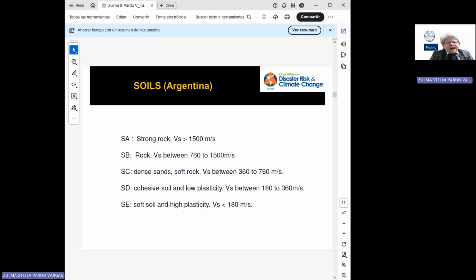The third class is SC, dense sand or soft rocks, with wave velocity between 360 to 760 meters per second. The fourth typology is SD, cohesive soil and low plasticity, with wave speed between 180 to 360 meters per second. Finally, SE, soft soil and high plasticity, with wave speed less than 180 meters per second.